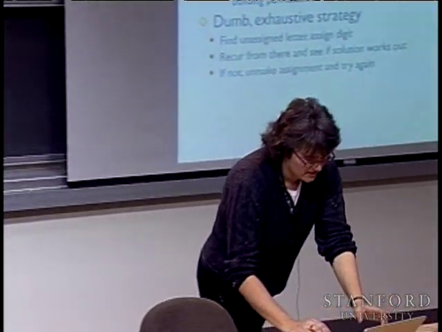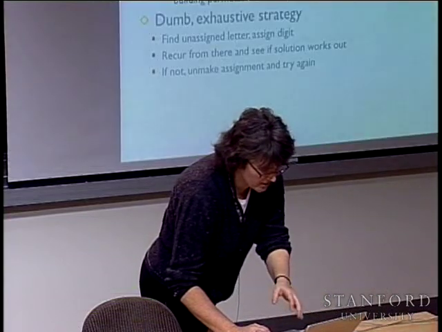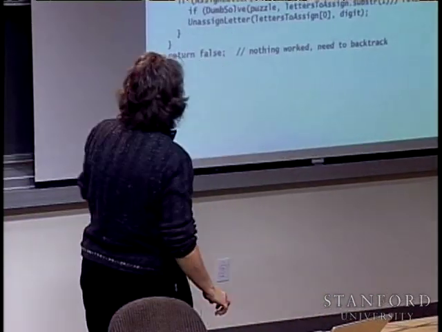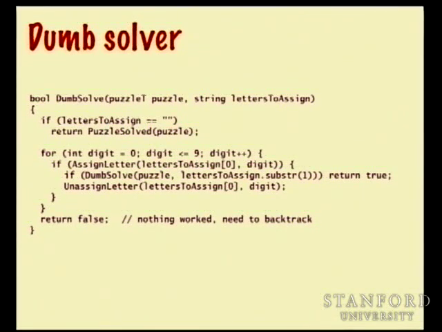So I'll show you the code first, because it's actually quite easy to take a look at. Again, it has helper routines that try to abstract the pieces of the puzzle that actually aren't very interesting from looking at just the core of the recursive algorithm. So it looks a lot like Sudoku in that if letters to assign,